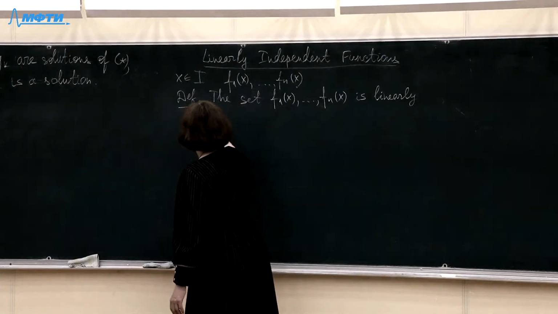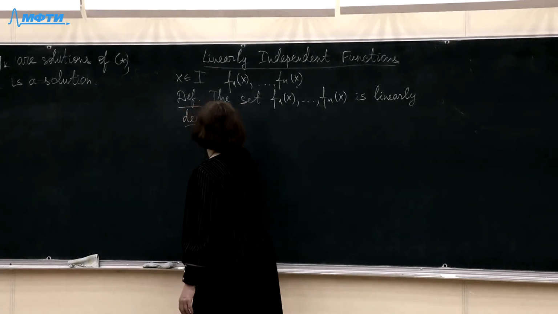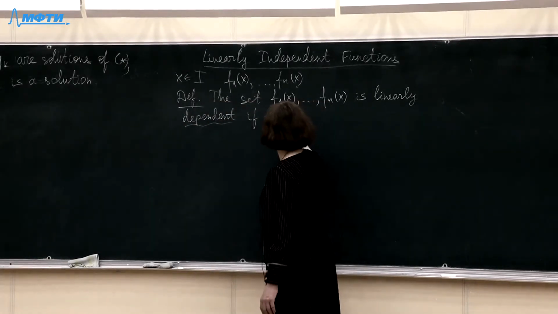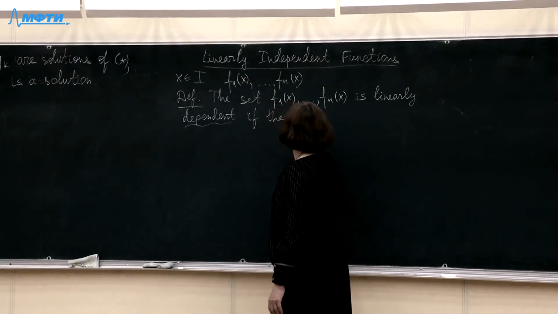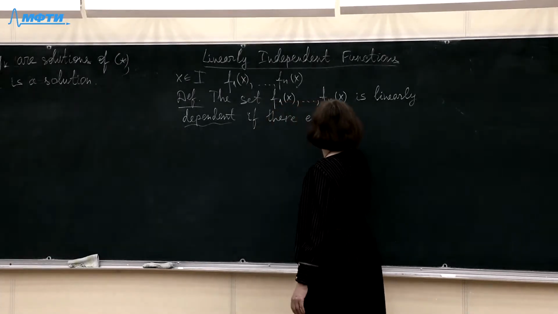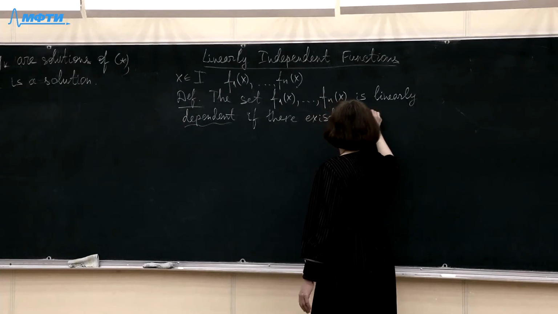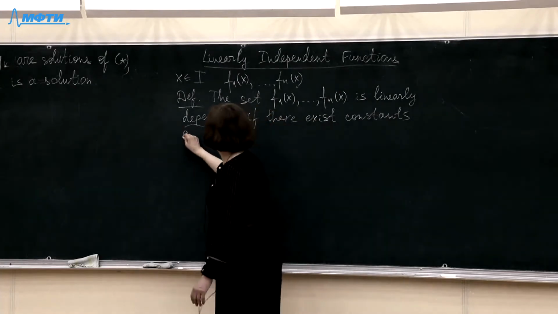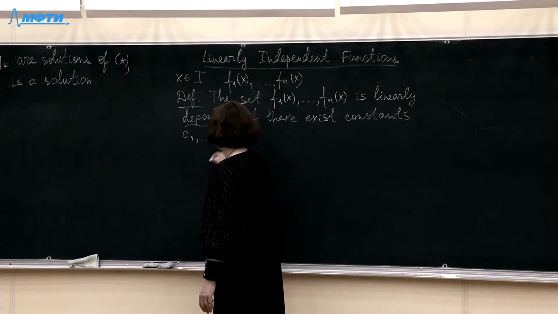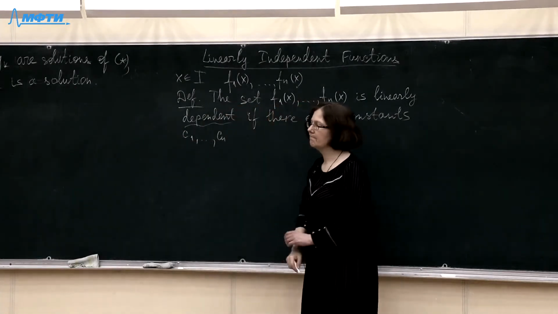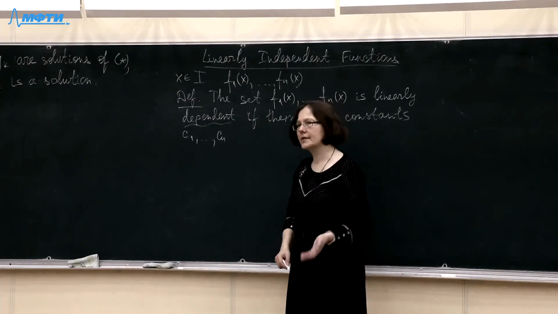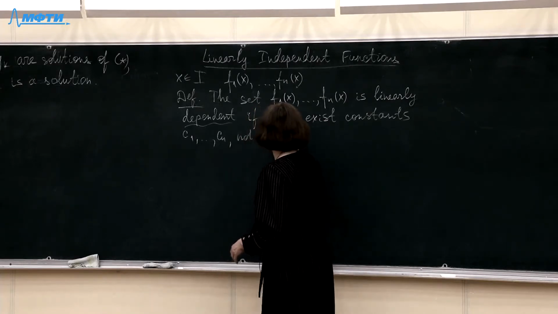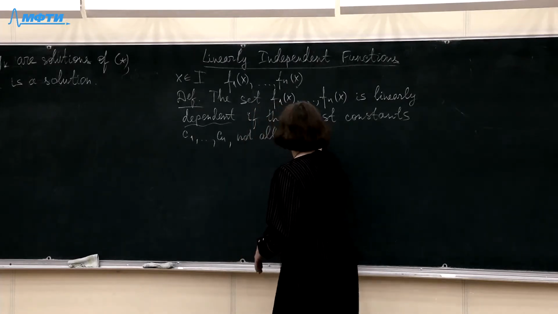Dependent, if there exist constants C1 and so on Cn that are not all zero, such that